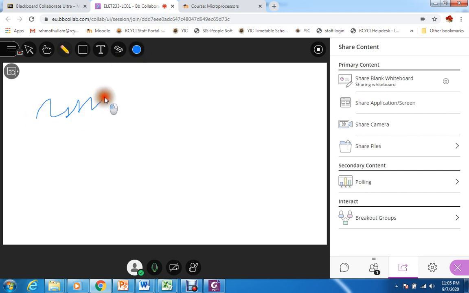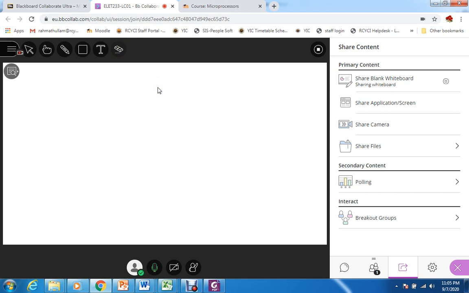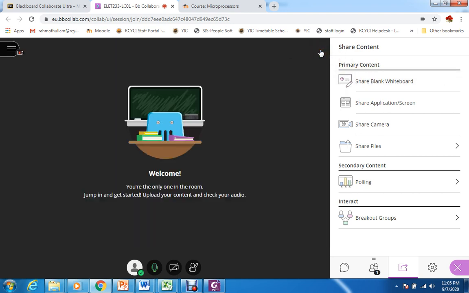If you have a pen or a graphics tablet, you can write whatever you want here, and then erase it. If you want to close this whiteboard, just simply stop. Now you are not sharing the blank whiteboard.